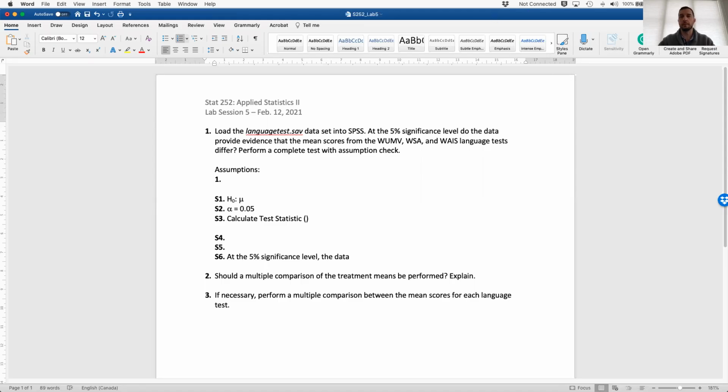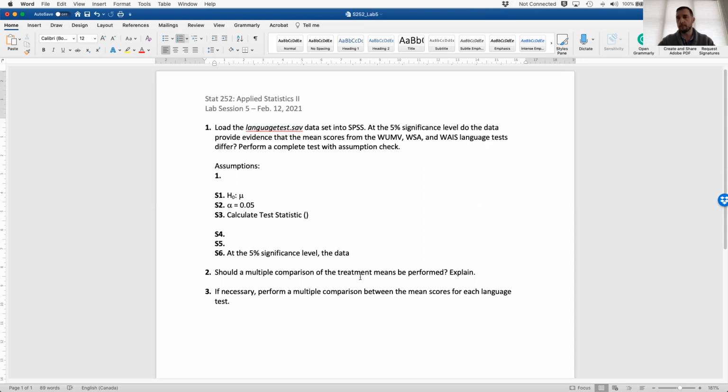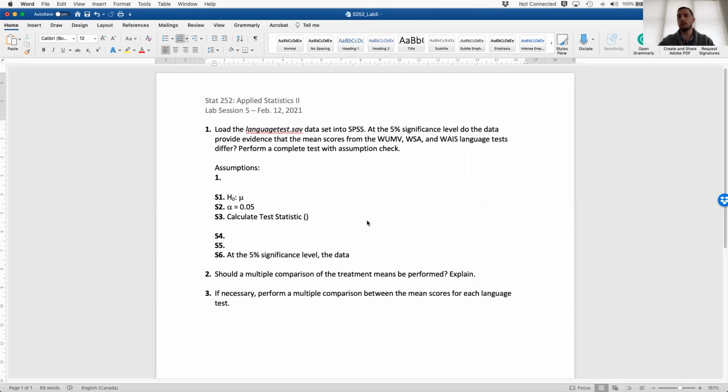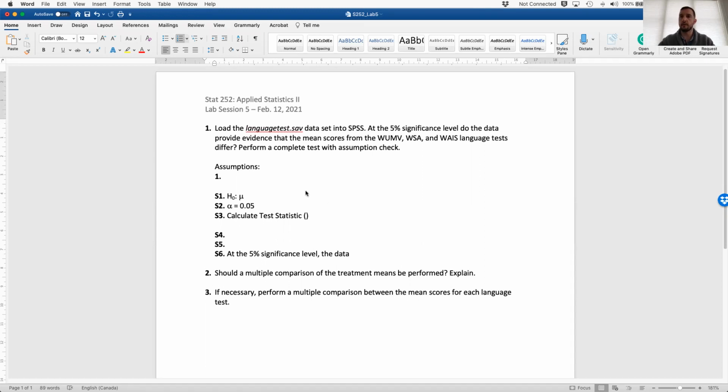Okay, so good afternoon. Today we are going to learn how to perform a completely randomized block design ANOVA F test in SPSS, including an assumption check. Then we are going to learn how to perform the multiple comparison that would follow the CRBD F test in SPSS. Both of these techniques we're going to utilize on assignment 3